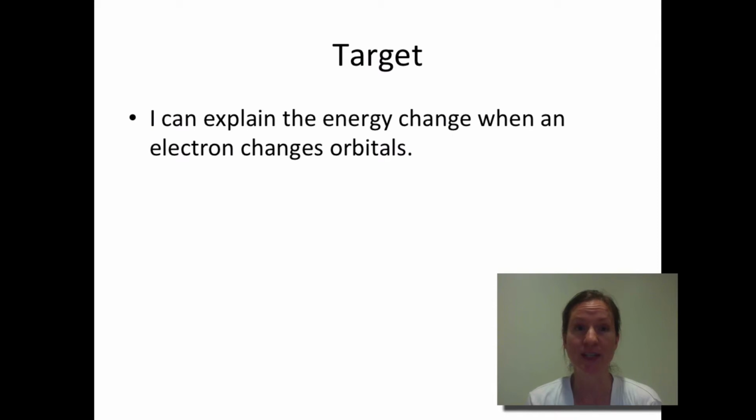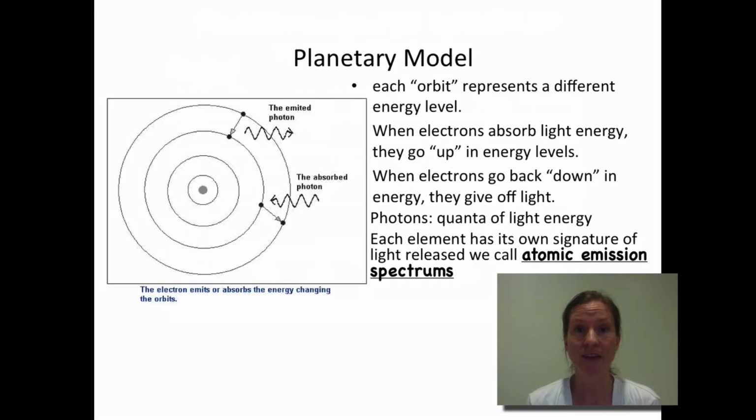This video will focus on the target: I can explain the energy changes when an electron changes orbital. At a very basic level, to understand the energy changes when an electron changes orbital is to understand the planetary